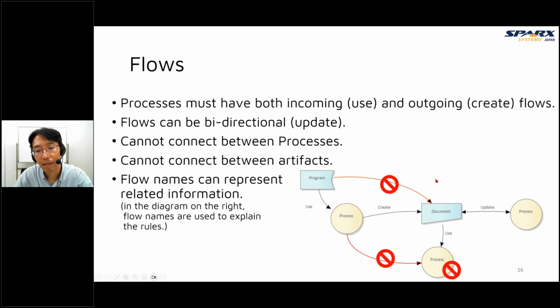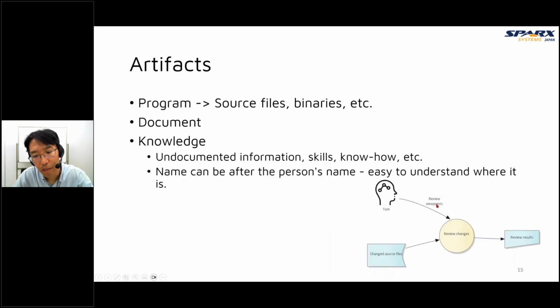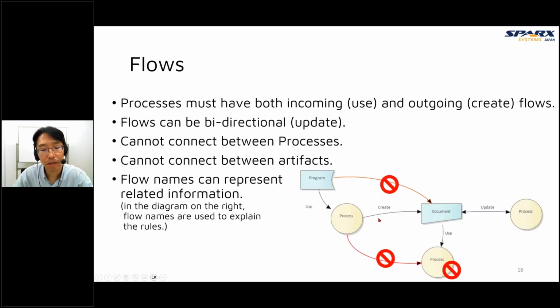In the last example, this is the name of this flow, which means this flow conveys the review viewpoints information. In this example, I named flows use or create and so on, but that is not the correct usage. Names are for describing what is conveyed, not the rules of flows.